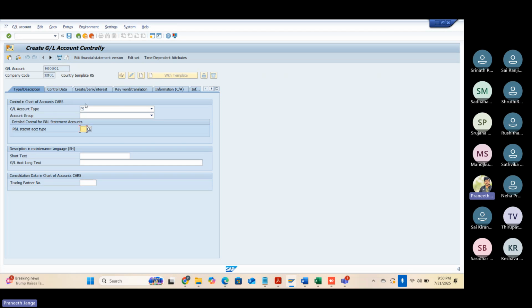Okay. So when I select the GL account type as balance sheet, the PL statement account type field is disabled. So here it's not asking for the input value. It's not allowing to give the input value. So for balance sheet account general ledger type, you don't need to give the PL statement account type. So next I am selecting account group 9